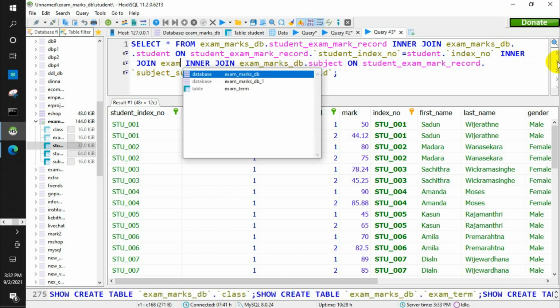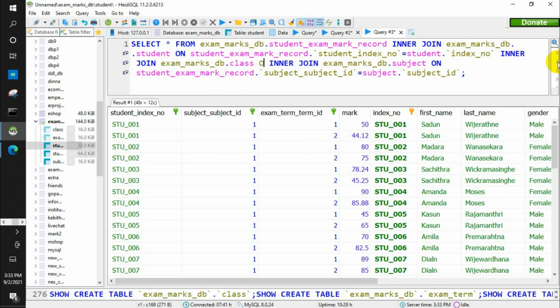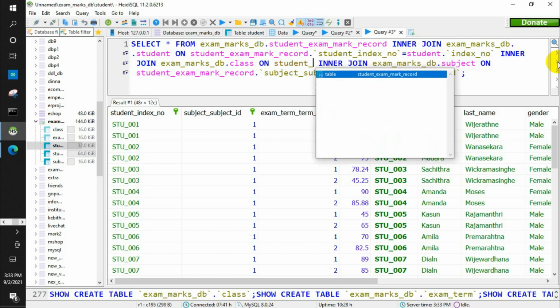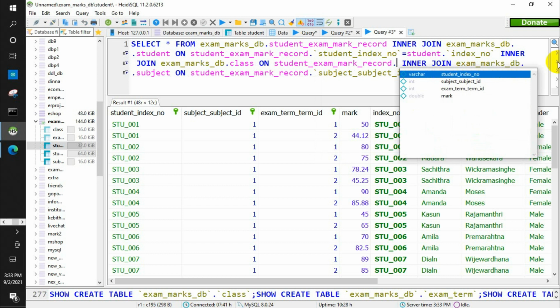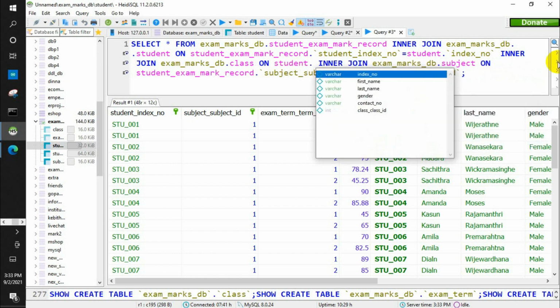Okay, now I am going to inner join the database dot the class table on the condition student_marks_db dot, sorry, here we are using the student table. We are connecting the student table and the class table.